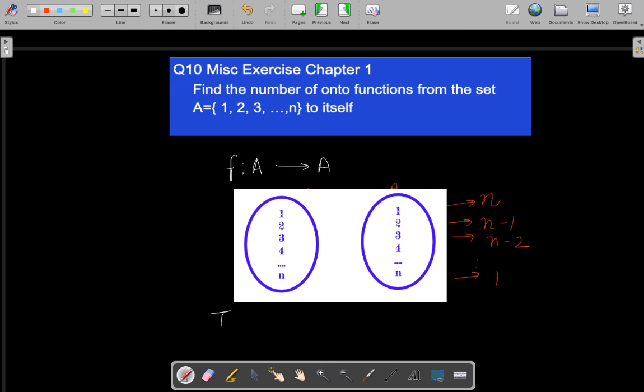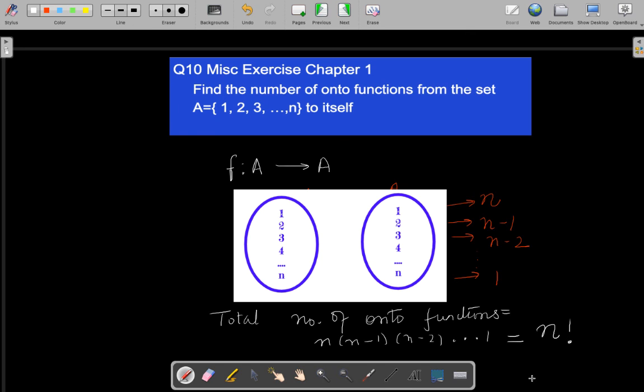So the total number of onto functions will be nothing but the product of all these ways that we are thinking about. That means it will be n into n minus 1 into n minus 2, so on right up to 1. And what is this equal to? It is nothing but n factorial. And so the total number of onto functions from the set A to itself, where set A has n elements, is same as